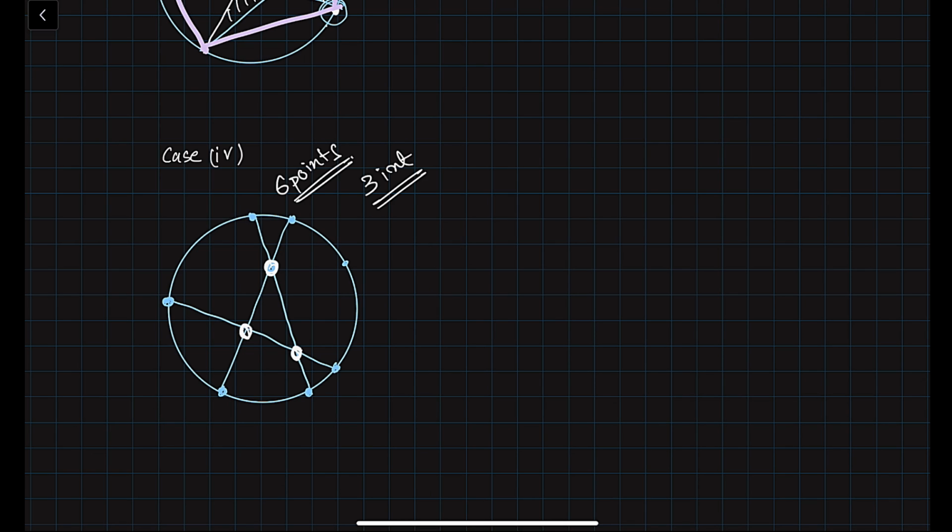And we can see that corresponding to 6 points, there is only one triangle possible. You can connect a lot of things like you can connect this, you can connect this, but again these are external points and we want only 3 internal points. So with 3 internal points and 6 points on the outer surface, we can get only one triangle. So the number of triangles possible is NC6 into 1.